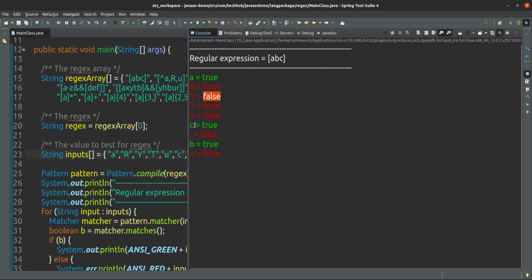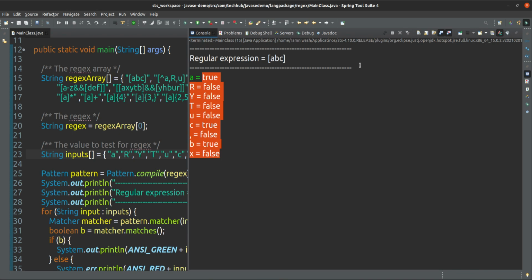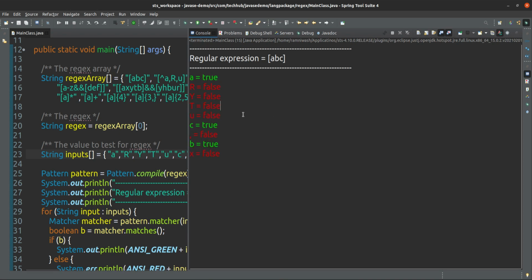It is not passing for Y also, because the regular expression accepts only A, B or C. So A is true, B is true, and C is true. Other than that, any R, Y, T, U, comma, X, is false. You cannot pass any other.